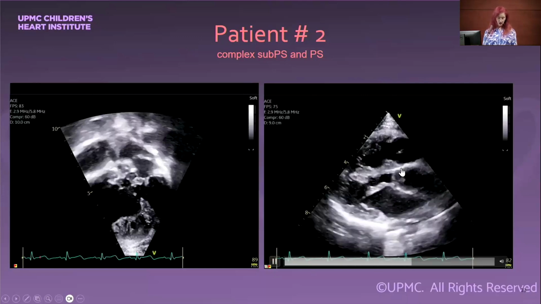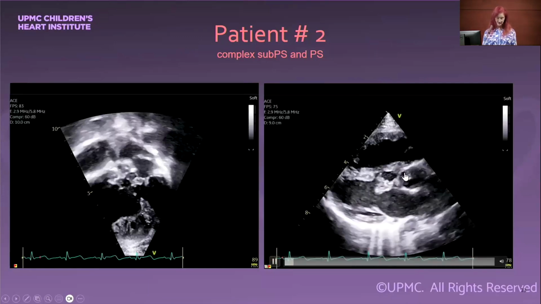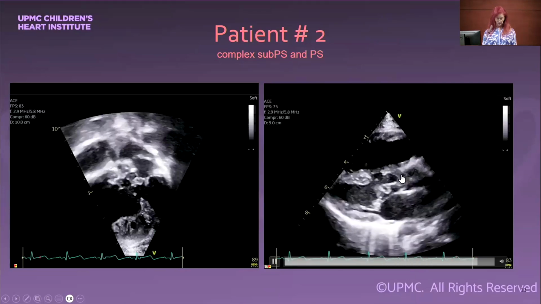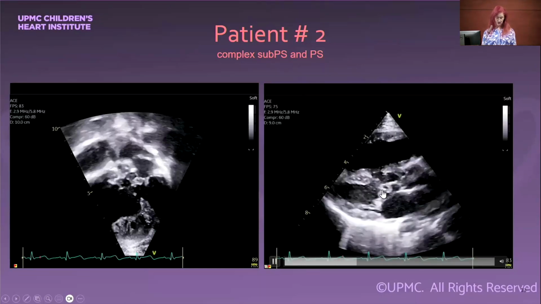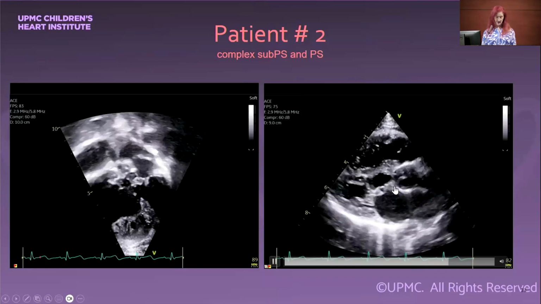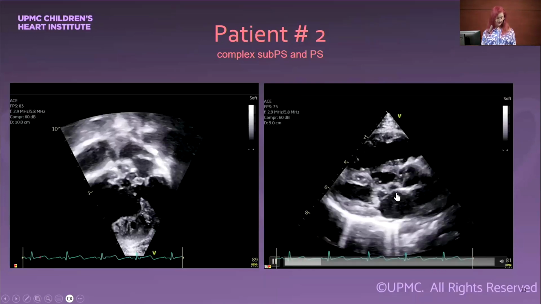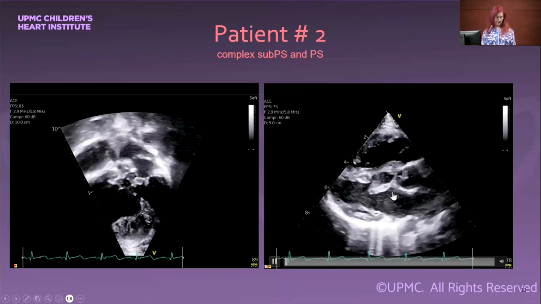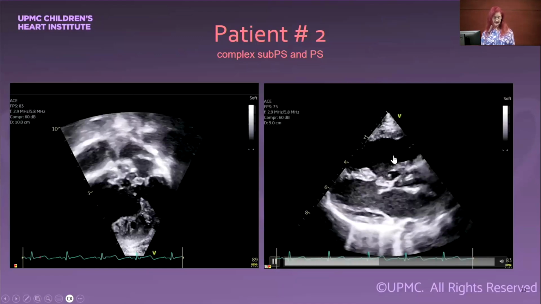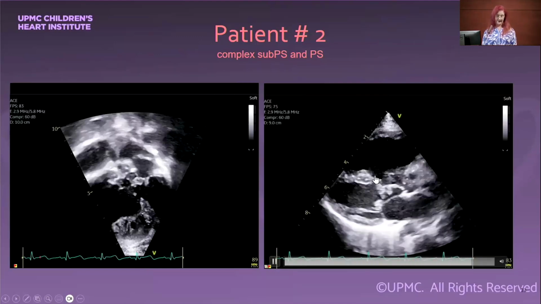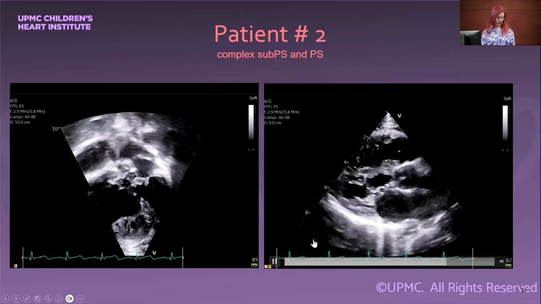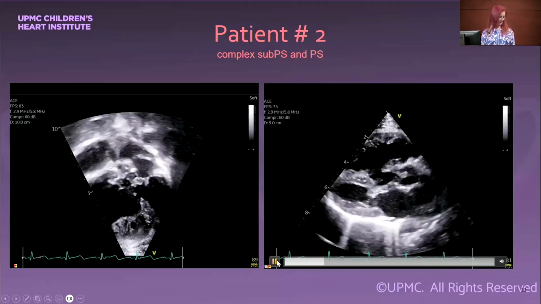But if you look closely, here are your pulmonary valve leaflets. Here is all this extra tissue, which I've been calling stuff or accessory tissue, that is in the subpulmonic area, but it doesn't actually appear to be connected to that anterior leaflet. And here you start to see the VSD, and here's your aortic valve. And I don't think it's a great pathway. You're going to have to go through that tissue. And then just to look quickly,